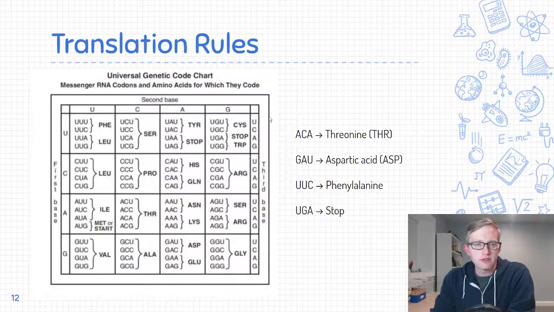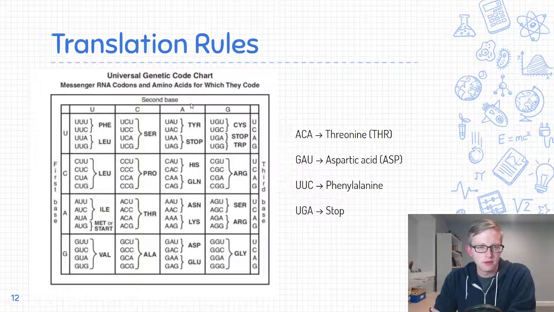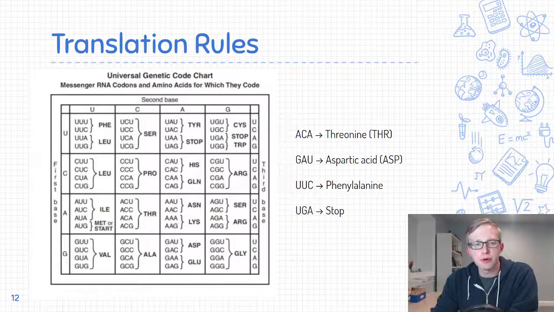The process of translation follows really set rules, which is kind of cool and makes it pretty reliable. And what you're looking at here is a table that's showing you each possible set of 3 nucleotides and what amino acid they would code for. So there's 20 different amino acids that are possibilities for building different proteins. These amino acids, remember, an amino acid is the monomer or the building block of a protein.